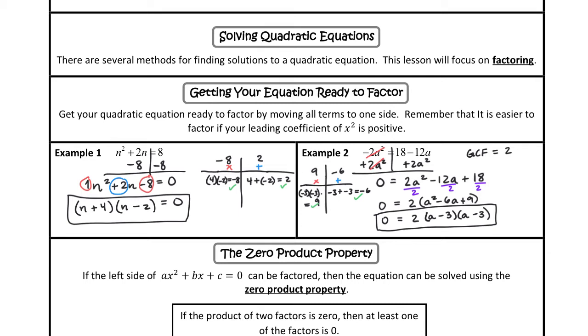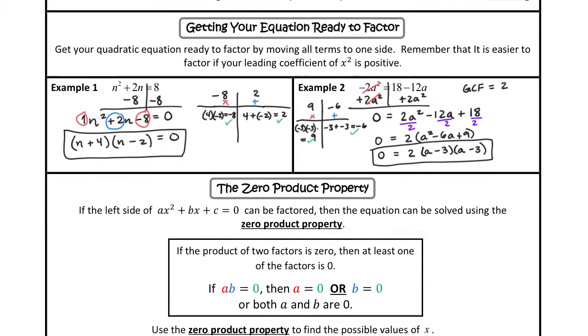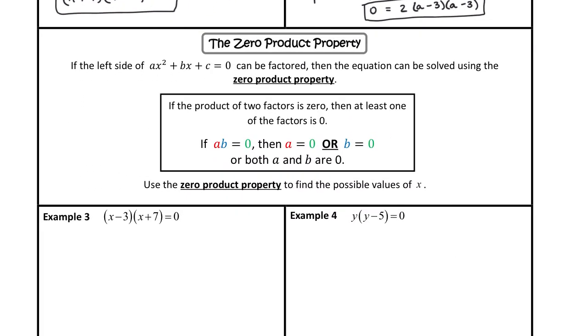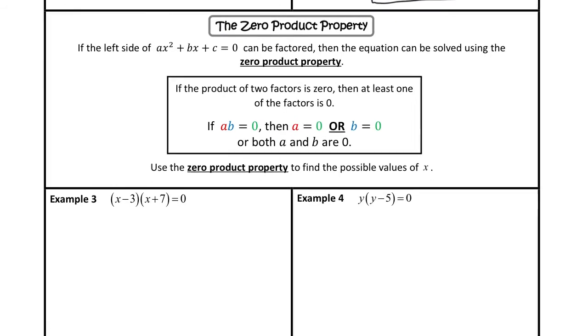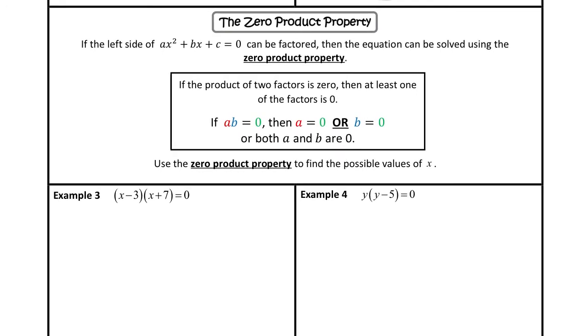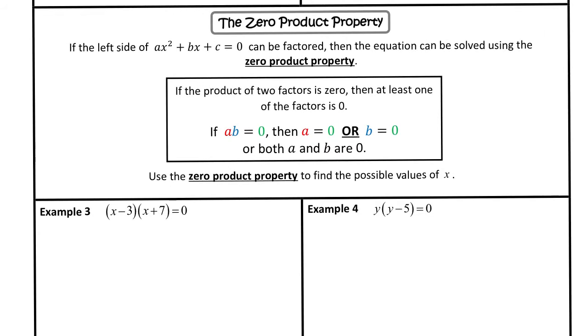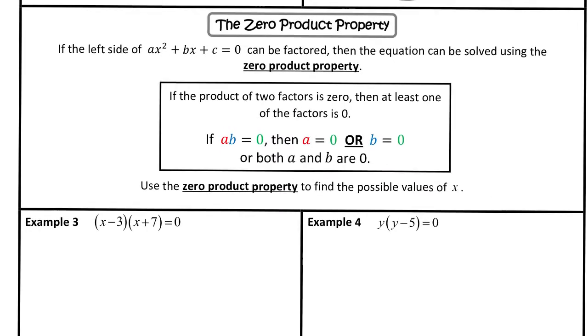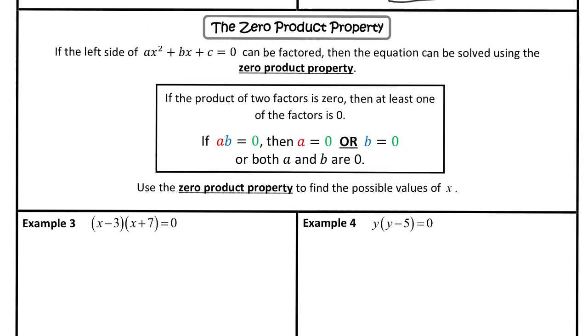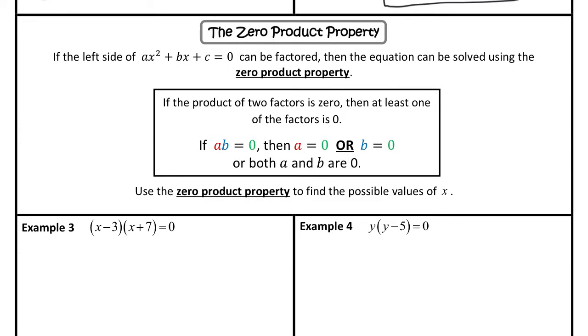So the next thing I want to talk about is something called the zero product property. Product means multiplication. Make sure I'm zoomed in pretty good. Oh, sorry about that. All right, that looks good. All right, the zero product property